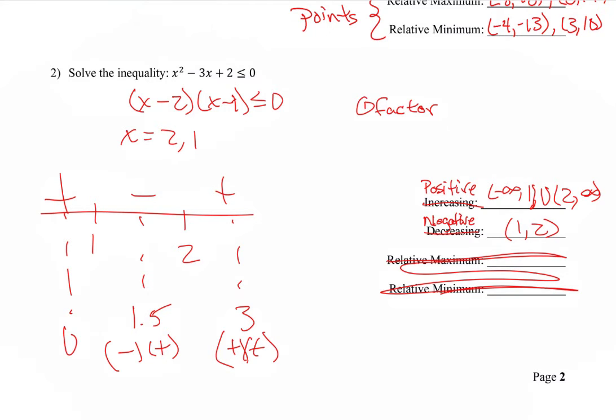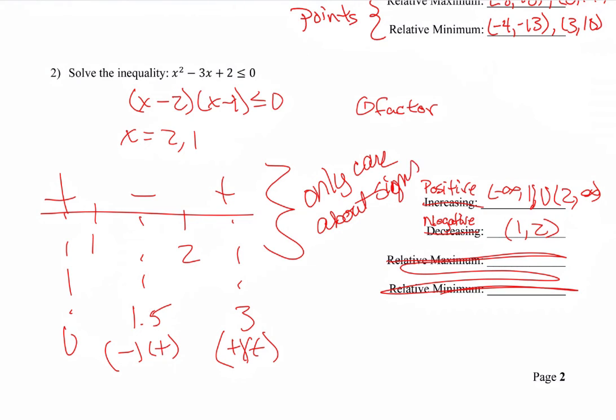Remember that when I'm doing my sign chart, I only care about the signs. Okay? So that's how to do a sign chart. Now I'm going to put down here that here